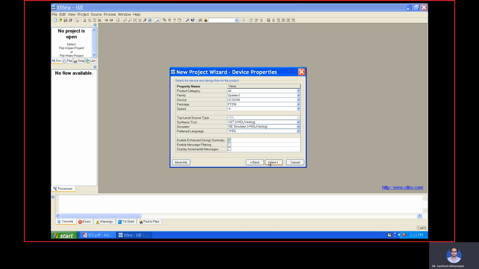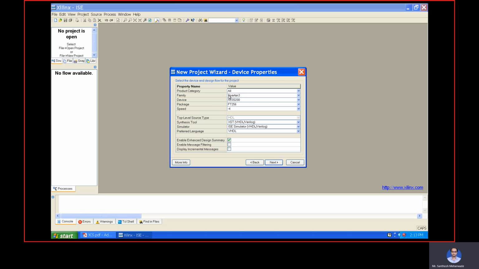Then next, click next, and next you have to make some arrangements. Here you must ensure that in this new project wizard we set the device, and the device that we are going to set here is XC3S200. First go for the product category and keep it as All.